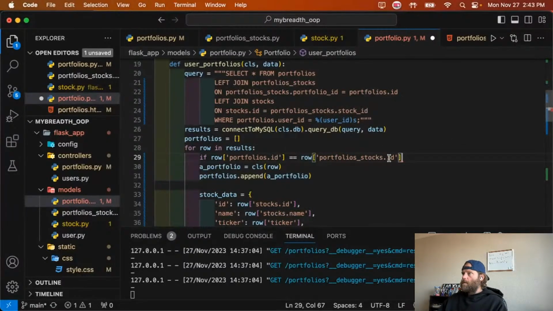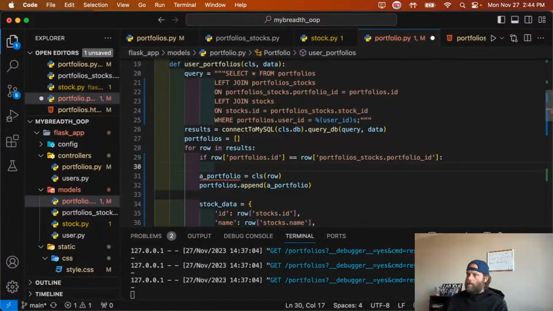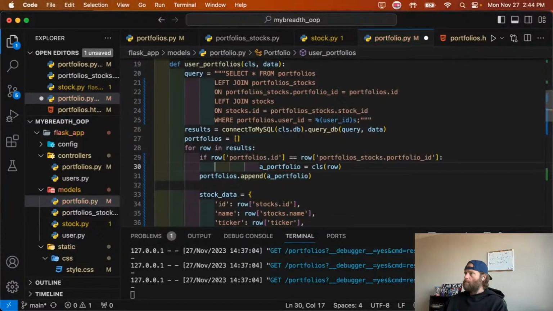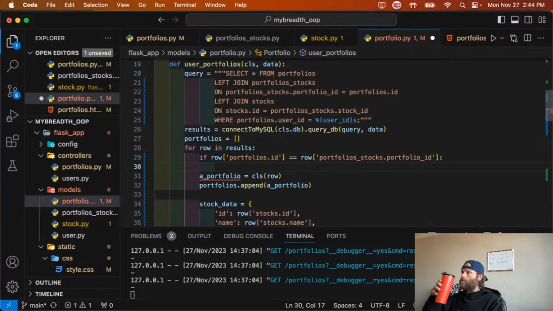No, not .id, but portfolio ID. So if those are equal, whoops, those are equal, then we will